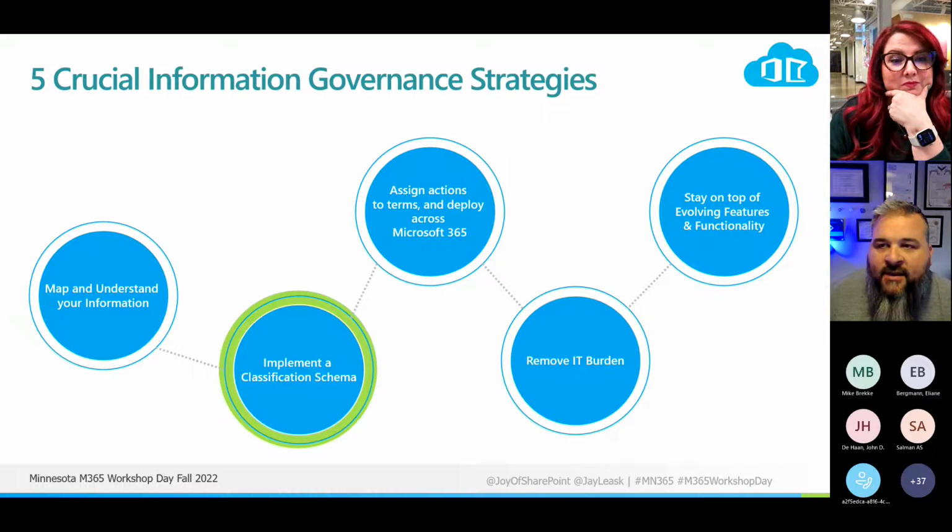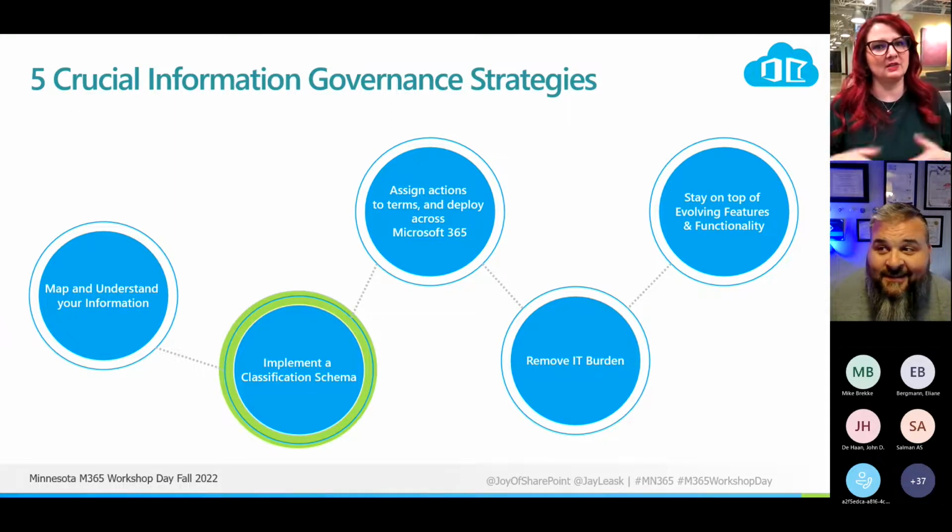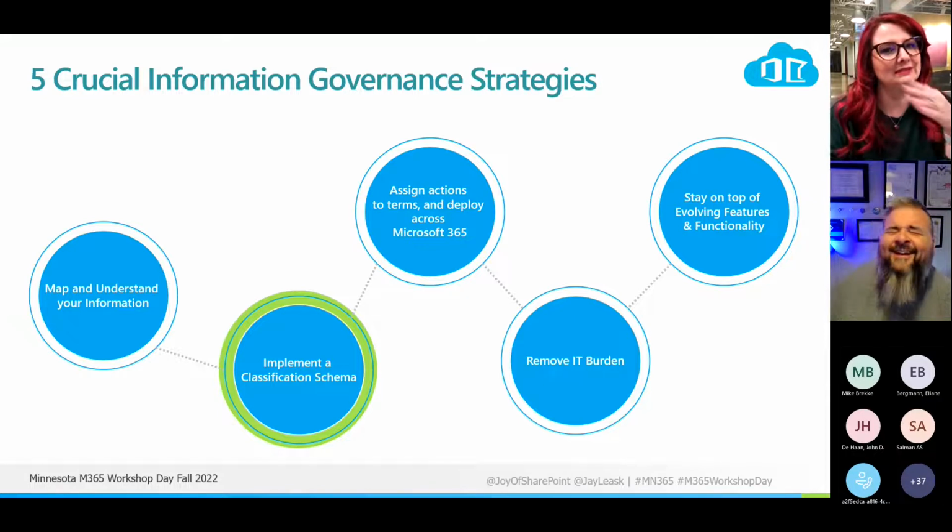Can you restrict end users from being able to change document sensitivity labels, Joy? Off the cuff, I would not be a reliable source for that, but we can find out. I was hoping you knew for sure. My heart says surely, yes, but Microsoft goes a little bit too far, and the sheriff and everyone and all the things.